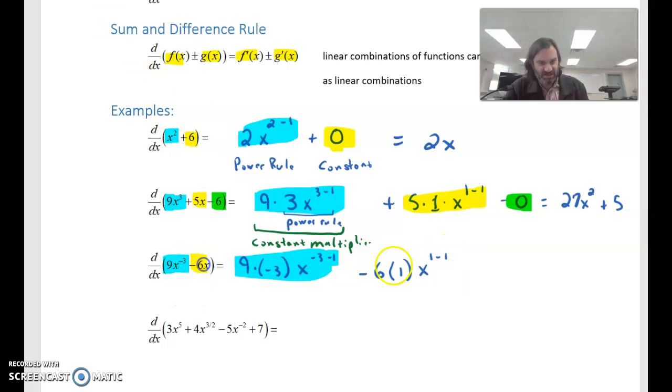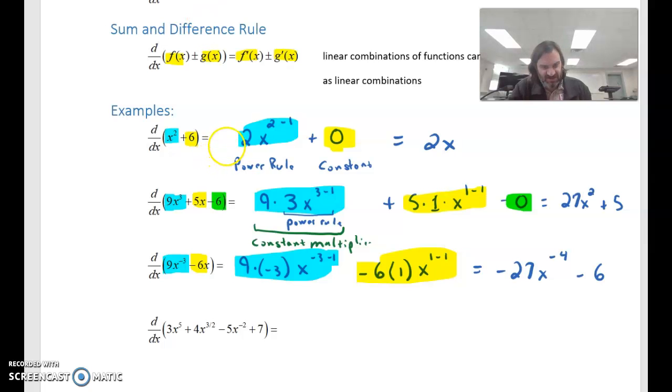Okay. Now that cleans up rather nicely. In the end, we will have negative 27x to the negative 4. So remember, we're subtracting 1. So the exponent goes down, even if that's further away from 0. And then we'll have minus 6. Okay. The last example I have right here